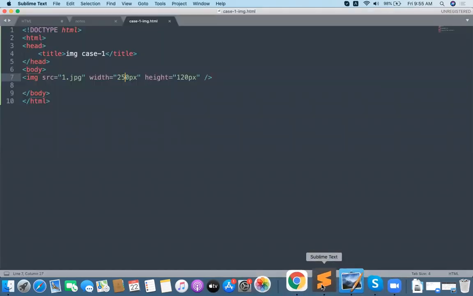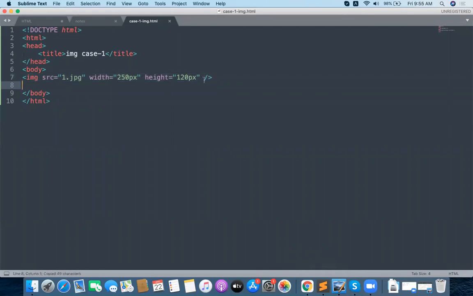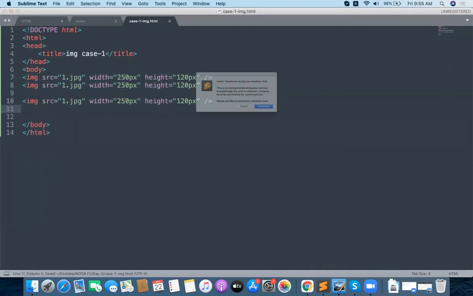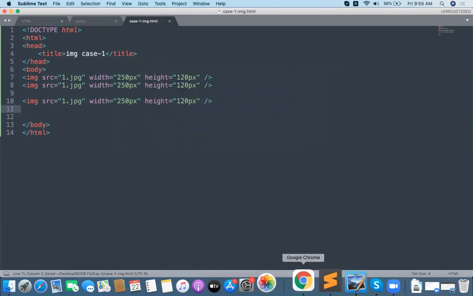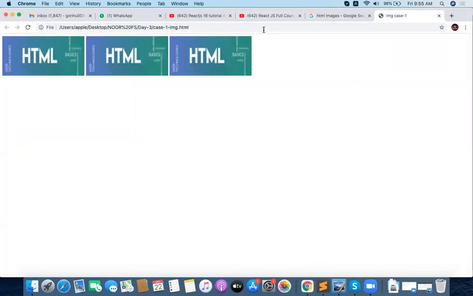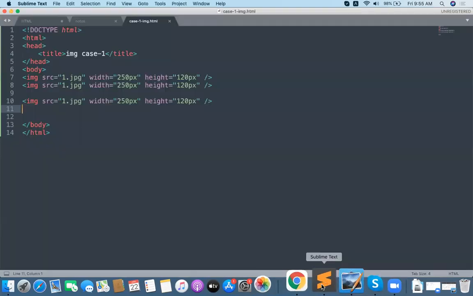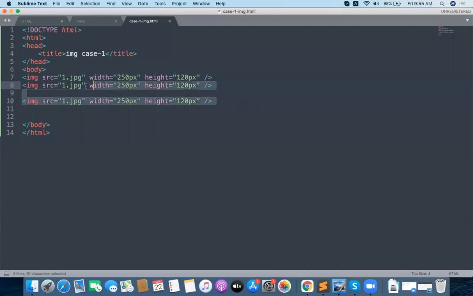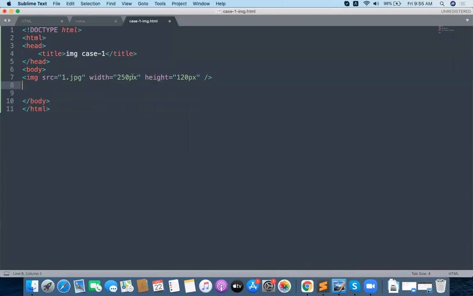Some images got taken, and let me have more number of images here. Automatically I'm taking more number of images like this. So whenever you take more number of images, automatically this is going to be applied like this. This is the first case, but this is not the right way of doing width and height. What you want to do is, I want to apply my image 25% width of the complete page.